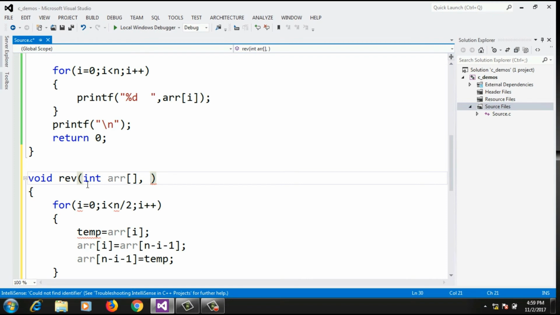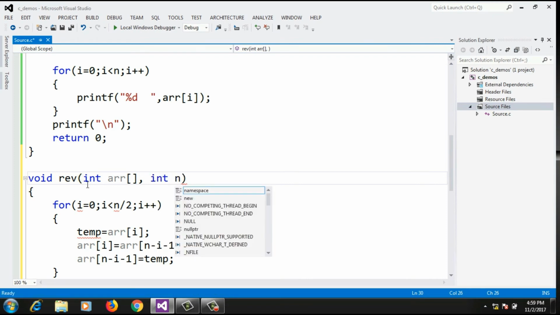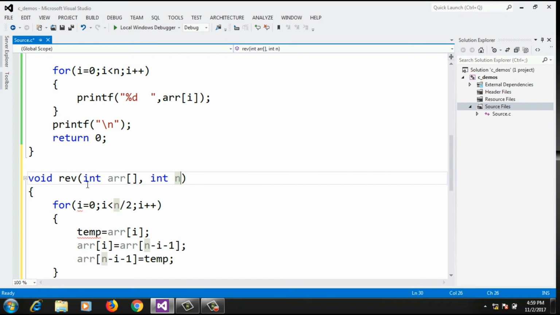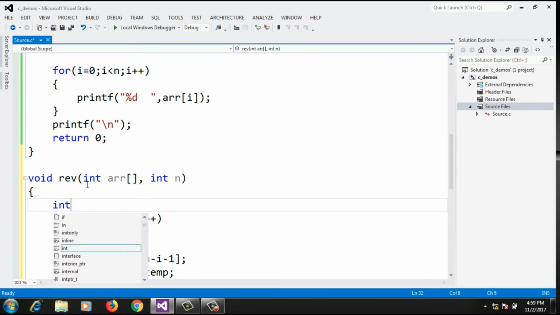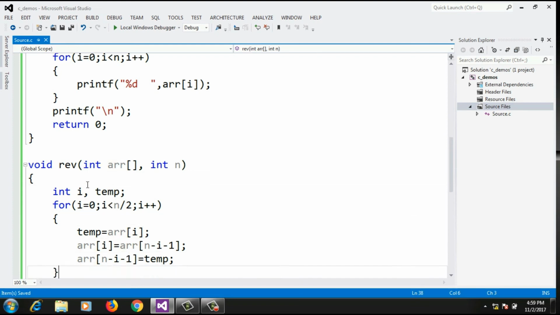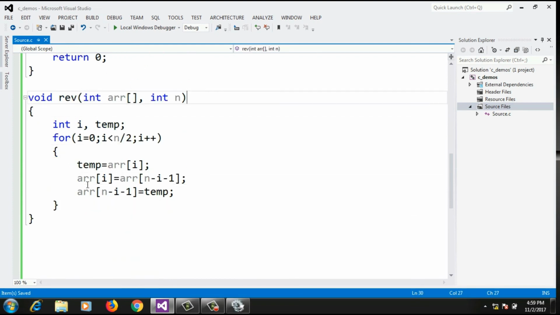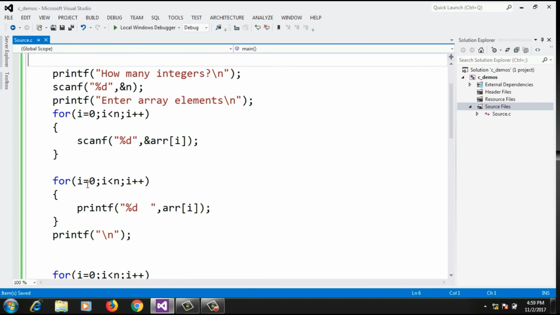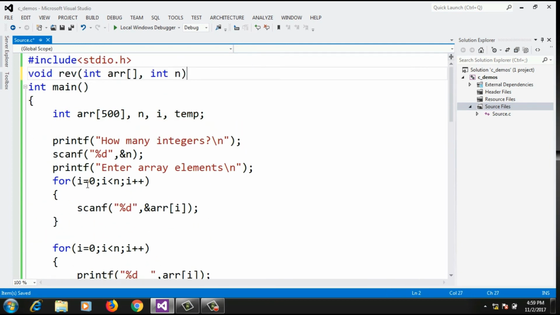And one more argument I will receive here, which is the n value. N value is the number of elements, so that also I need to pass from the main. Other variables I will declare as local variables of this function, that means int i and temp. So this will be the rev function definition. Declaration of this function will be above main, so I will copy this first line and write the declaration here.